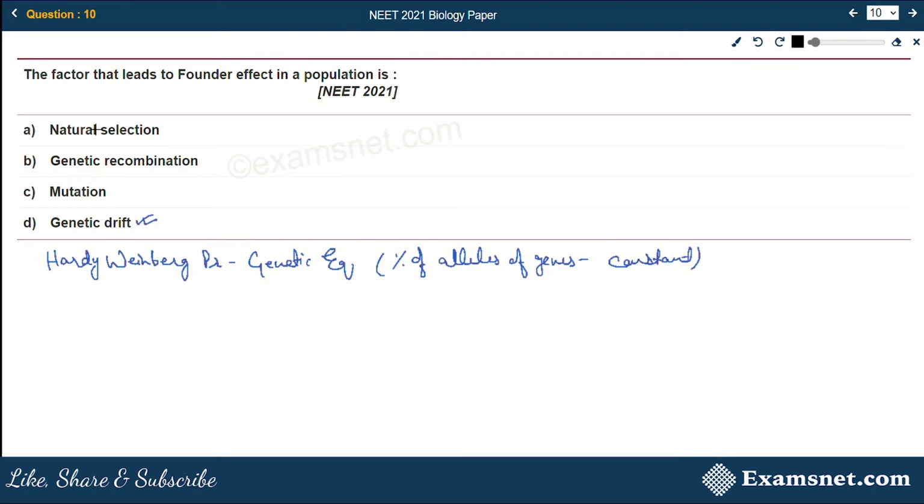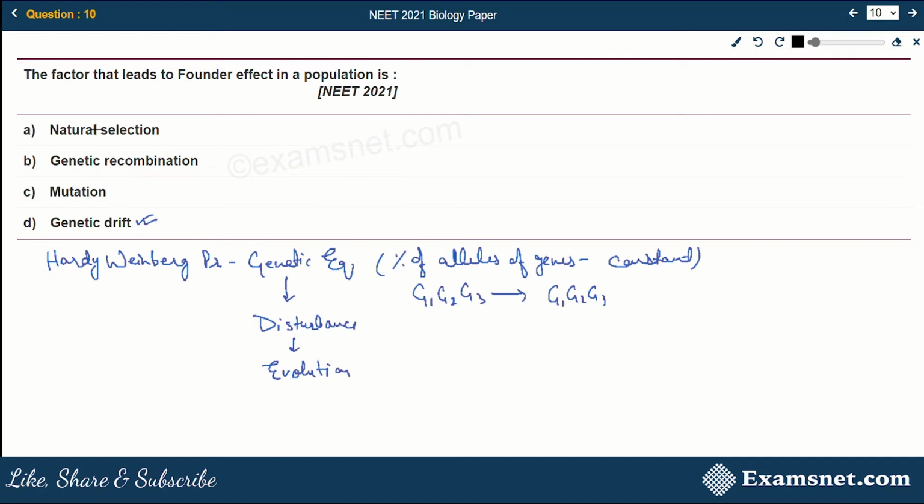That means if a population has, say, gene 1, gene 2, gene 3, then in the next generation, the population will also have the same genetic setup. Understood? But this is the normal case. In some exceptional cases, due to some change, this genetic equilibrium might get disturbed, which can lead to a change in the genetic setup of the resulting population, which will eventually lead to the process of evolution.